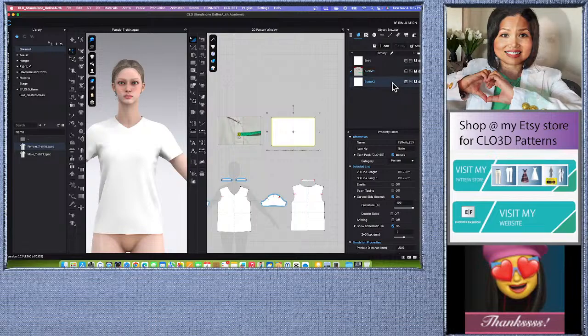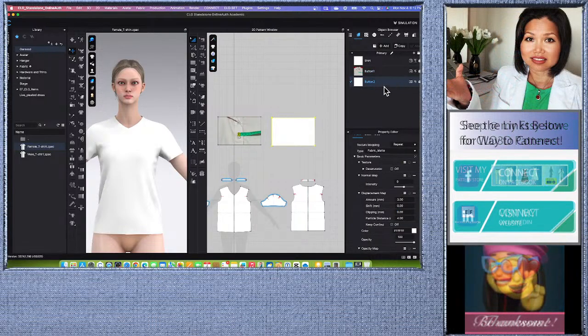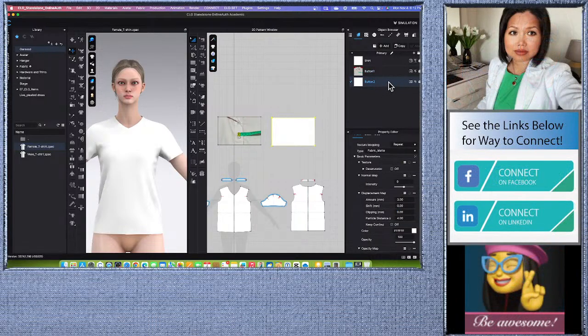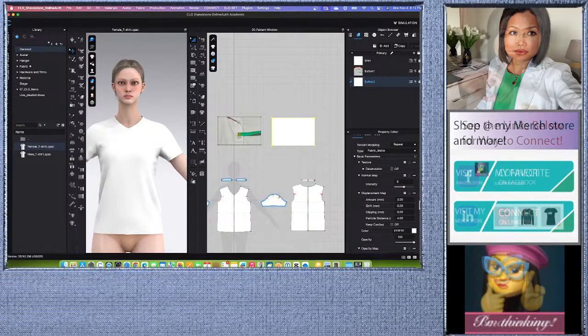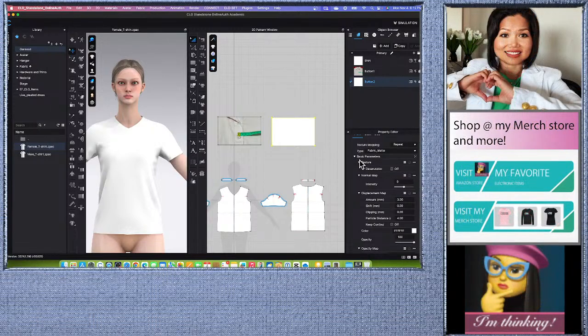Now we're going to go to that fabric. Go to the object browser, click on the button 2, and come over here to the property editor once again, and we want to click on this